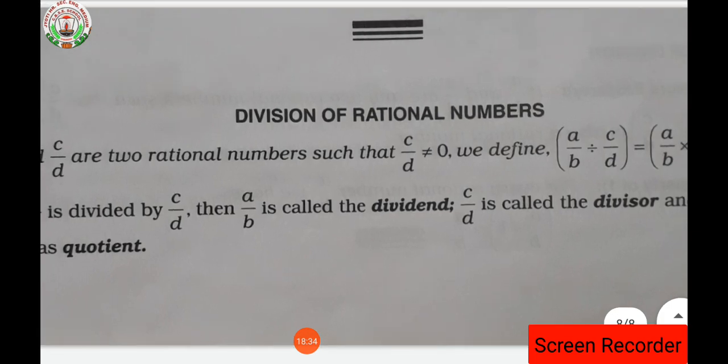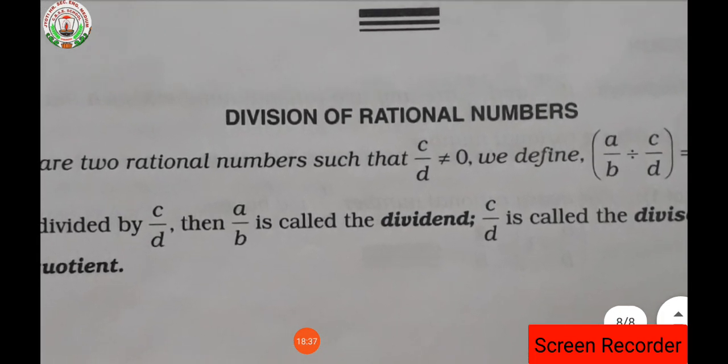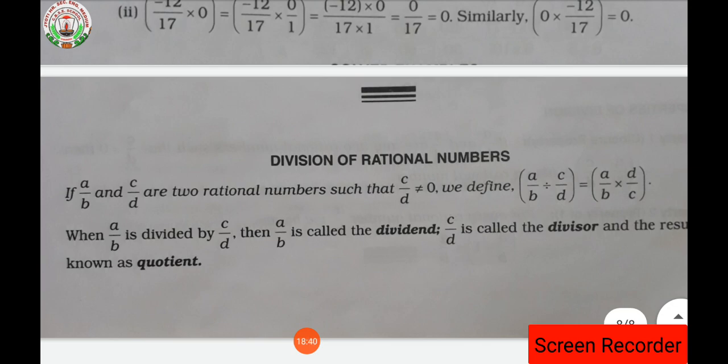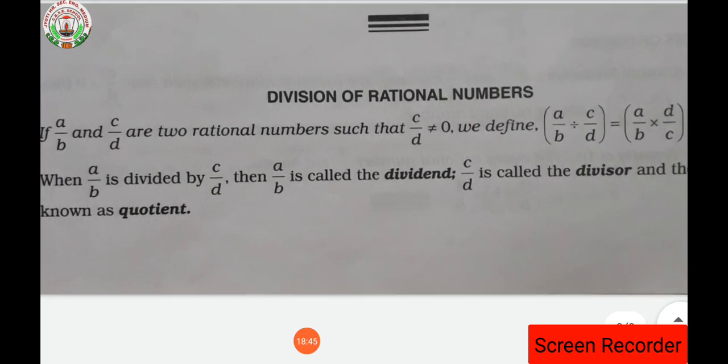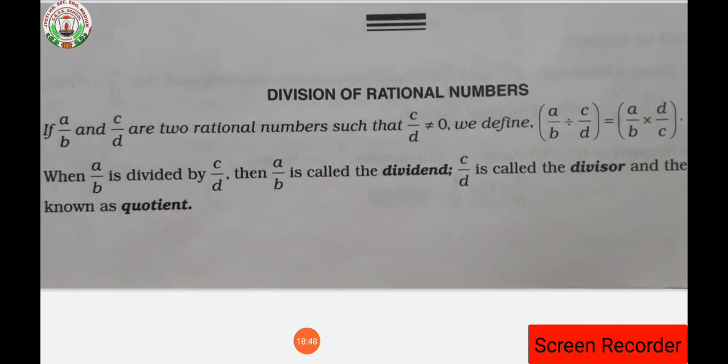Now next we are going to see the division of rational numbers. As I told you beforehand while teaching you in the previous class, the properties of subtraction of rational numbers are the same as the properties of division of rational numbers. In that, only the closure property exists. In the same way, for division of rational numbers, only the closure property exists, the rest of the properties do not exist.